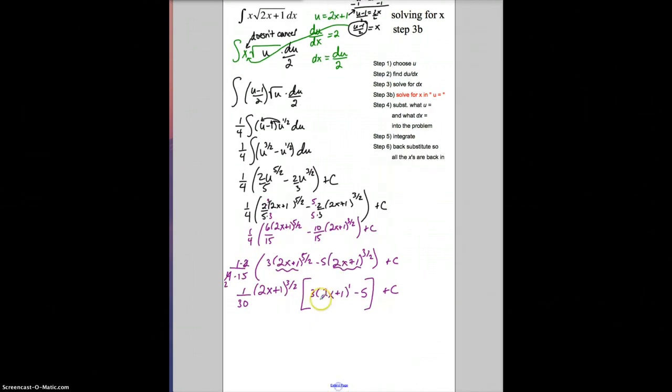And then they're going to continue simplifying this. They'll multiply that in, you get 6x plus 3 minus 5. So that's going to be 6x minus 2. They might even take another 3 out of there. I think they will. So if they take another 3 out of there,